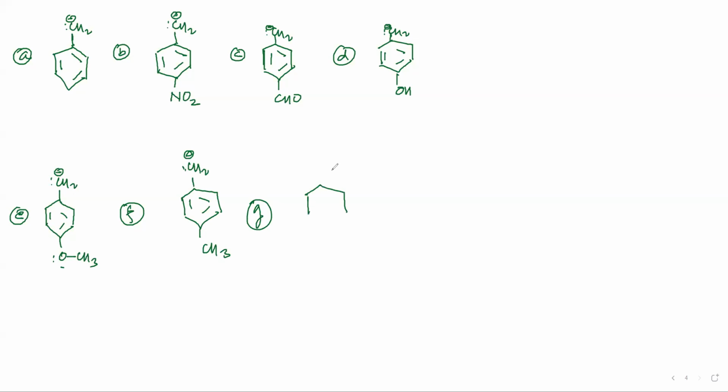First of all, mention all the electronic effects: plus R, minus R, plus M, minus M. Then choose the minus R ones. Then see which one has more resonating. I mean, all the resonating structures will be equal in all of the structures. But then you have to see which one has more electron withdrawing capacity. There is a series I have given, the order of electron withdrawing capacity. You can look at that.